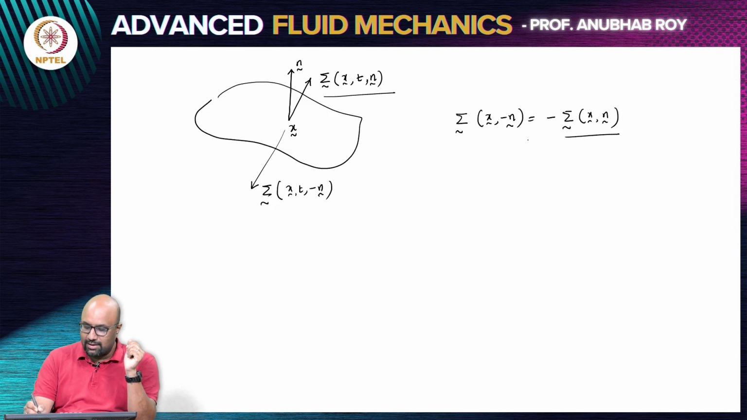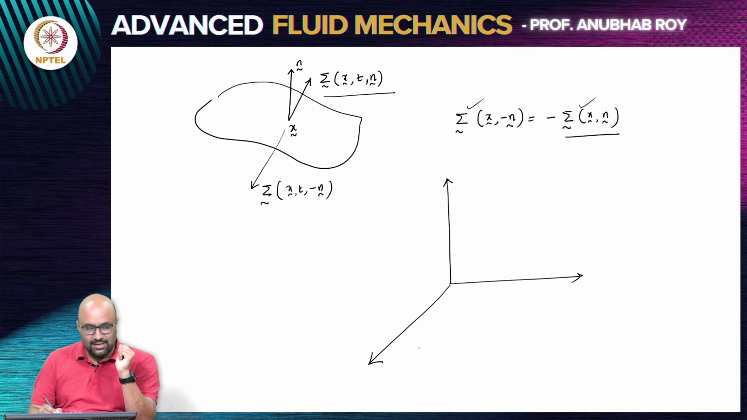This is just saying that the sum of these two surface forces would be 0. So you have a force acting on one face of a surface, and another force acting on the other face of the surface. Since there is no force residing exactly on that particular surface, sigma of minus n should be equal to minus of sigma n. Now with this, we are going to